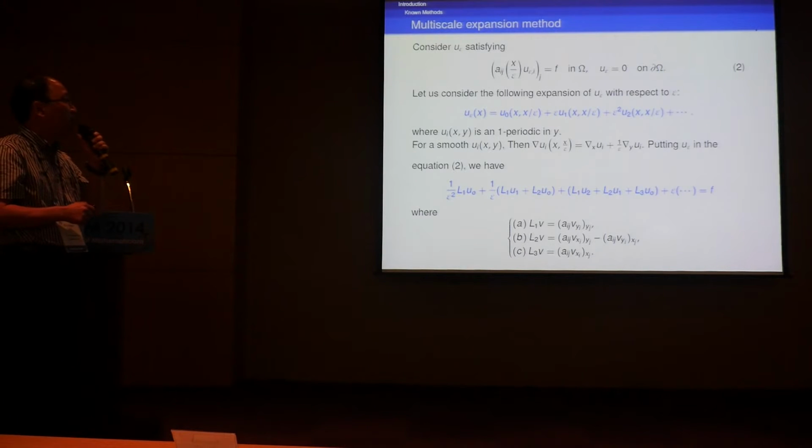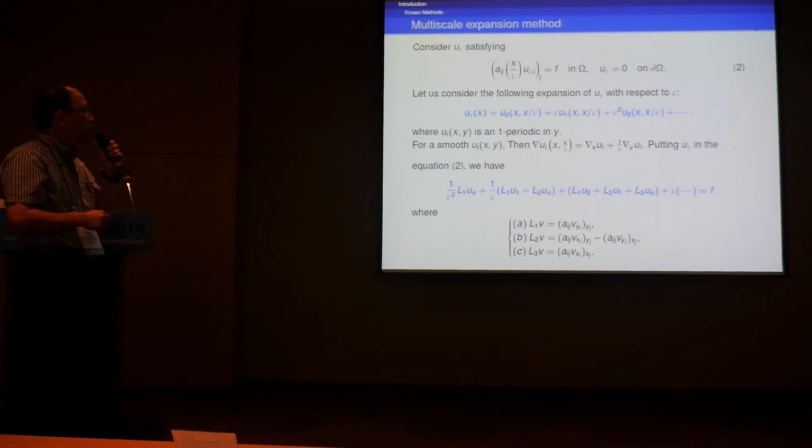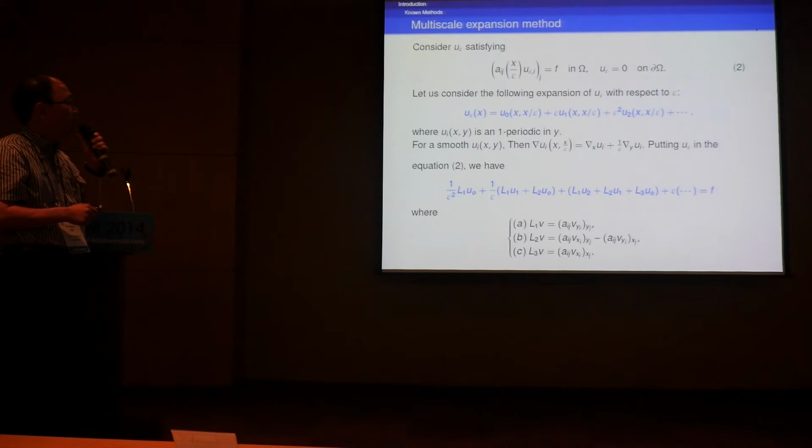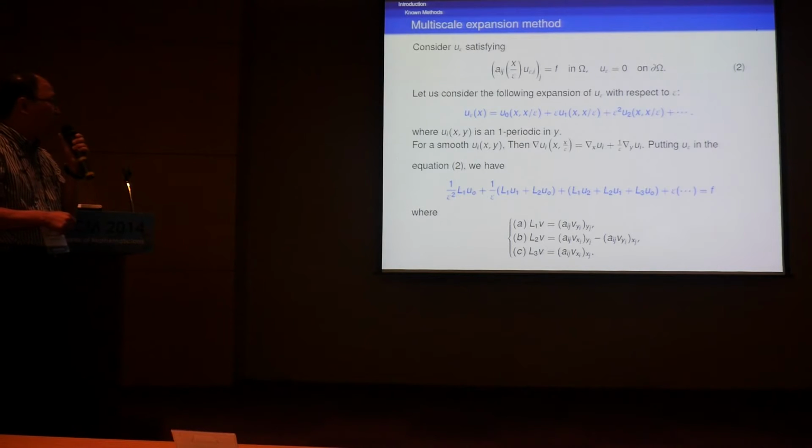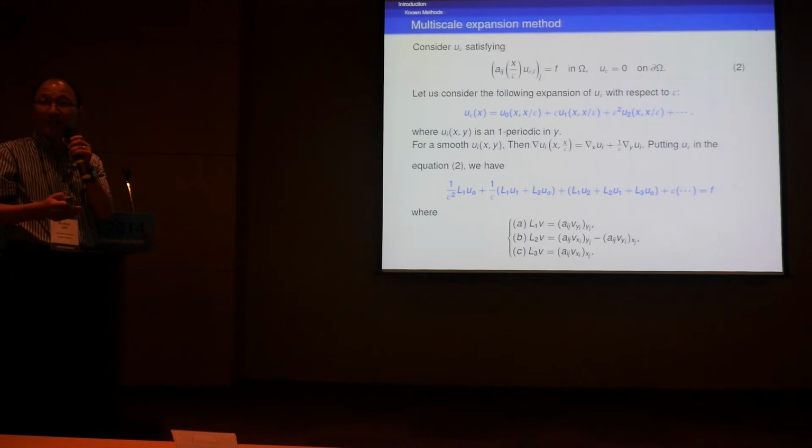So now I think of the divergence type equation with oscillating diffusion coefficient. You simply expand your solution with respect to this order epsilon and plug it into the equation. Then you're going to have lots of equations, and you group them with respect to the order. They match the orders on this side and that side. Then you're going to have a list of the solutions inductively.